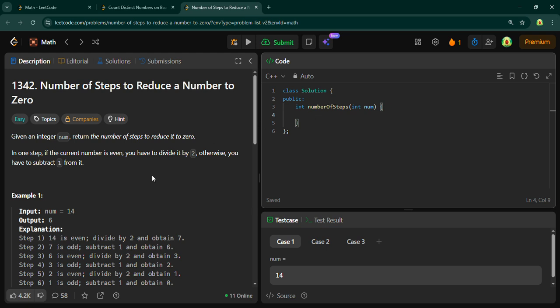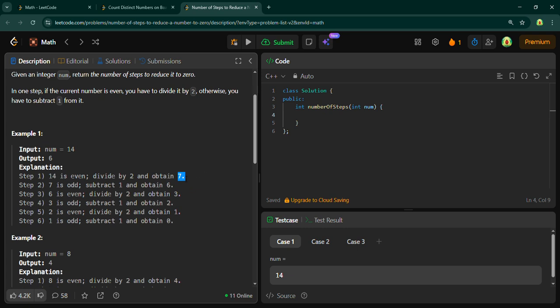So here is an example which is given, 14. It is an even number, so you just have to divide by 2. So 14 divided by 2 is 7, and then this is an odd number, and for an odd number you just have to do the subtraction. So after 7 you do minus 1, which will give you 6, and again this is an even number, so you will divide it by 2 and you will get 3,